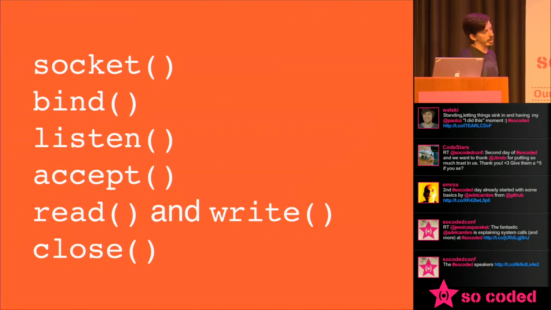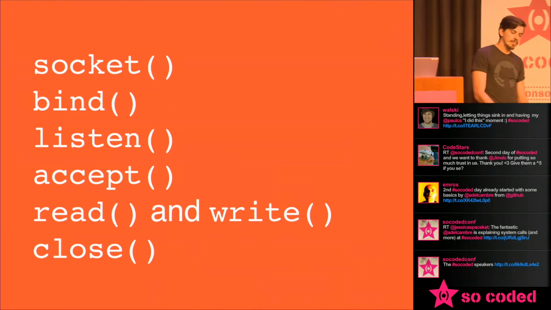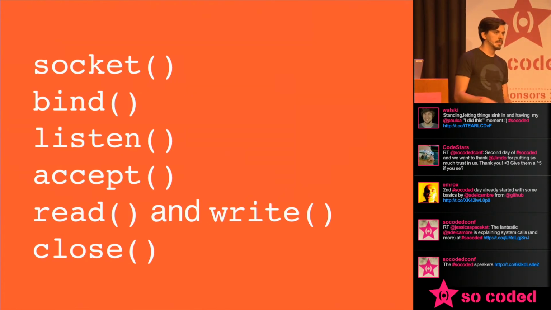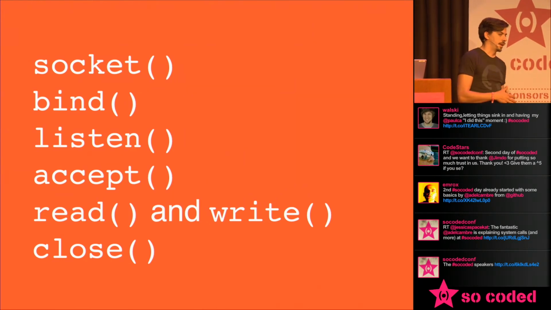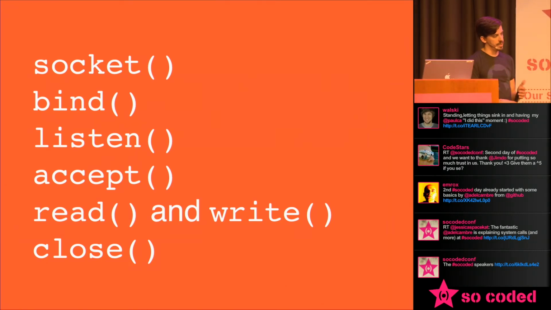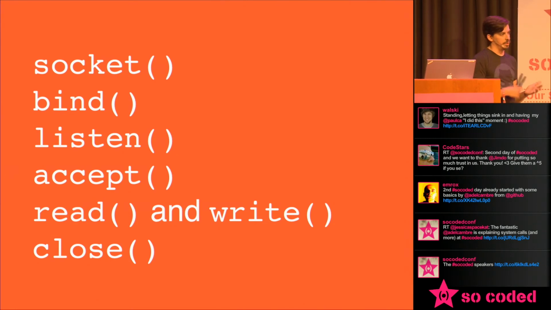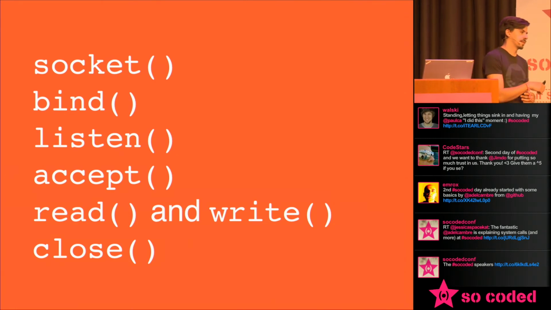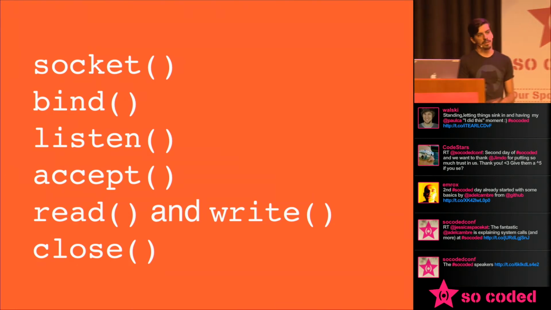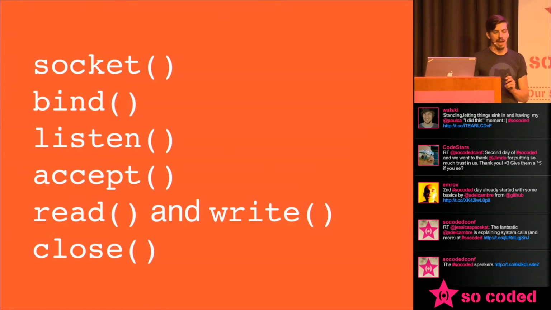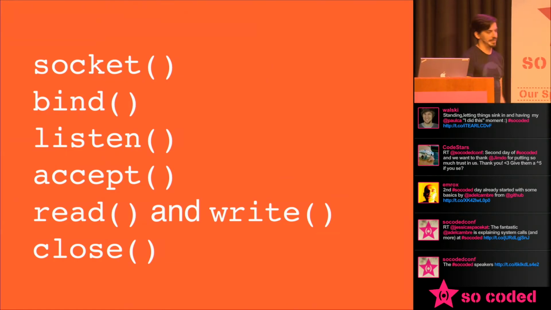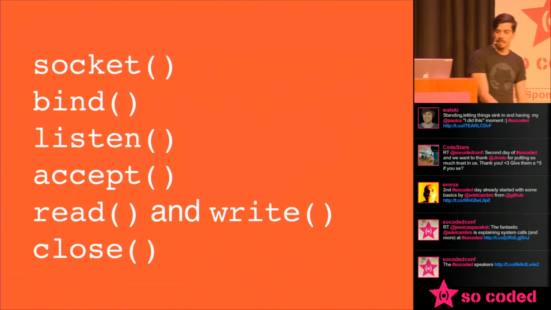The first one there is the socket syscall. This creates a new socket in the system. This is where you tell it what kind of socket you're going to make. Most commonly, it will be TCP, so IPv4, TCP connections. It could be UDP rather than TCP. You could do IPv6. You could use Unix domain sockets, and then they get really esoteric really fast. But probably in our world, it'll be TCP/IP.